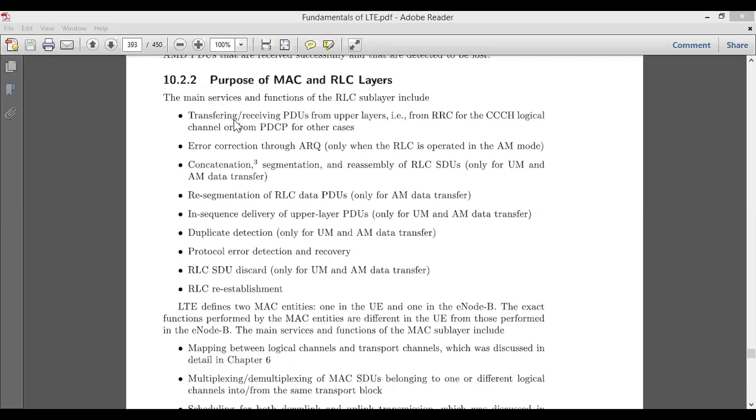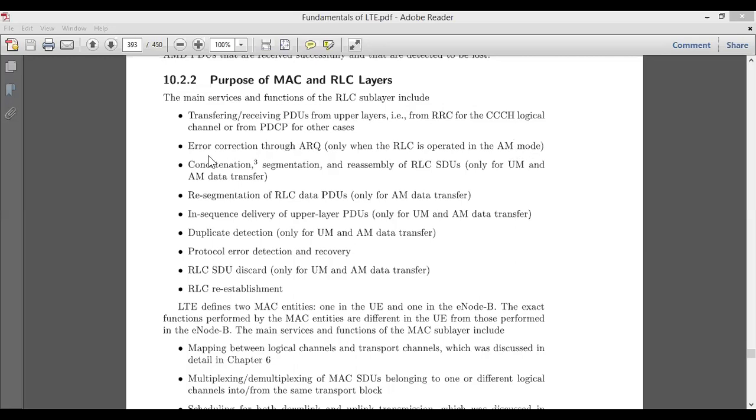The second function or service related to RLC is error correction through ARQ, that is automatic repeat request. This is one algorithm used for the correction of your data when it is operated in AM mode. We saw this AM mode in yesterday's video, that is acknowledged mode, and in acknowledged mode the concept of retransmission and repeat request comes.